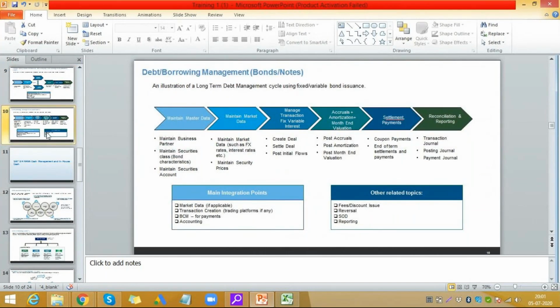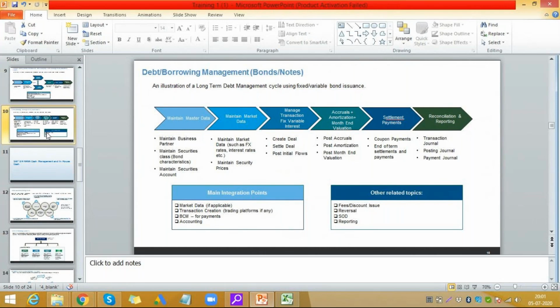Now again, a similar thing, I'll not go through such details, but bonds can be of different types. You could issue a bond, you could buy a bond, or there can be different ways. So what is a bond actually? Just to give you an overview, a company initiates a bond to raise capital. My organization needs some capital. There are various ways of raising capital. So one way is to give the bond.